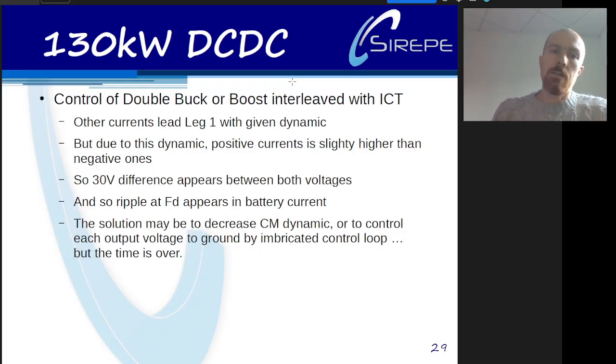To deal with that, the solution may be to decrease common mode dynamics, or to control each output voltage to ground by nested control loops. One loop for the positive voltage, one loop for the negative voltage, and a nested current loop to control the battery current. But the time is over, and